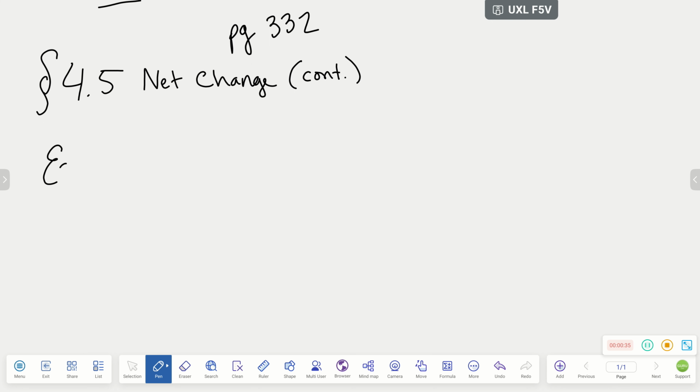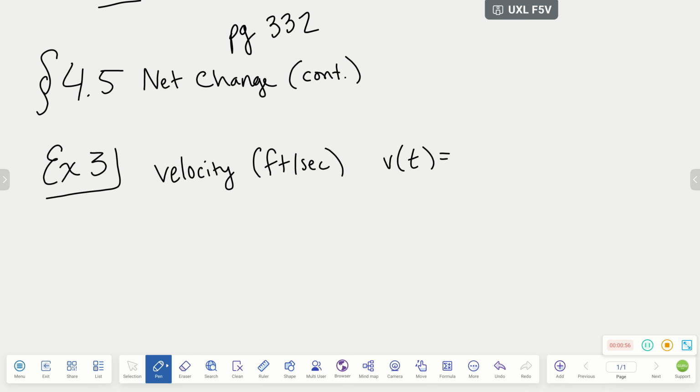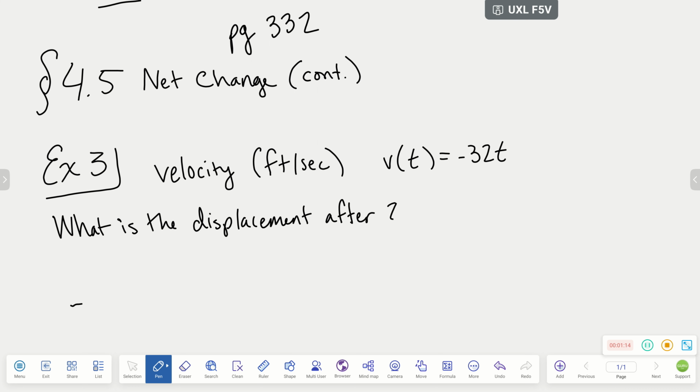So then the next thing we're going to look at is, for example 3, we have a falling object, and it says neglecting air resistance, the velocity in feet per second of an object that is dropped from a hovering helicopter is v of t equals -32 times t. What is the displacement of the object after 2 seconds? Okay, so